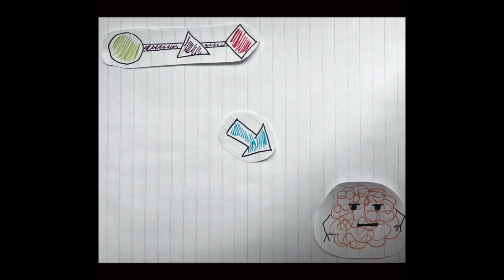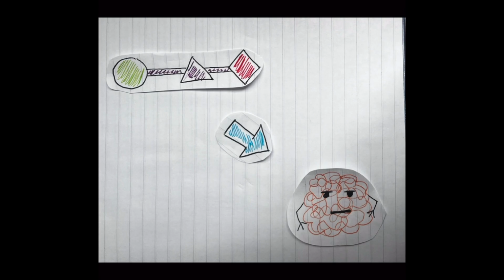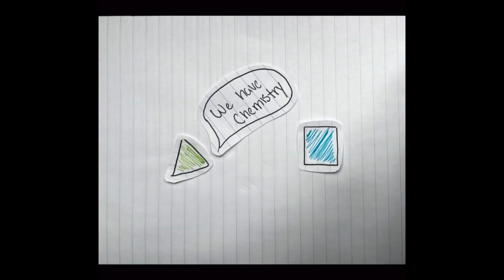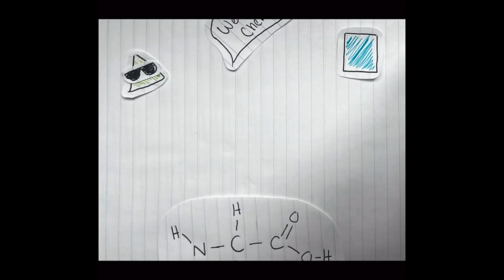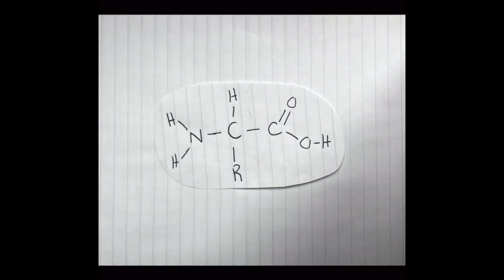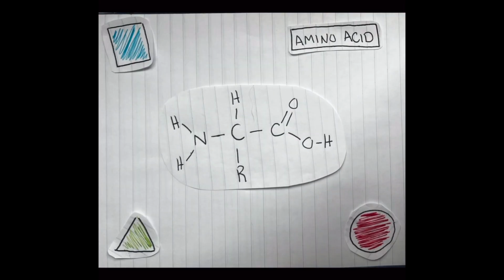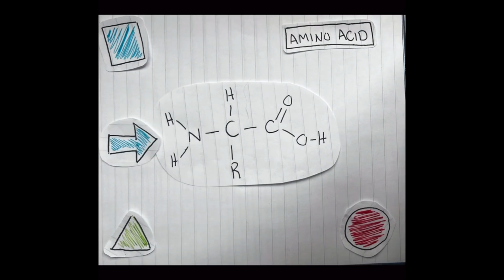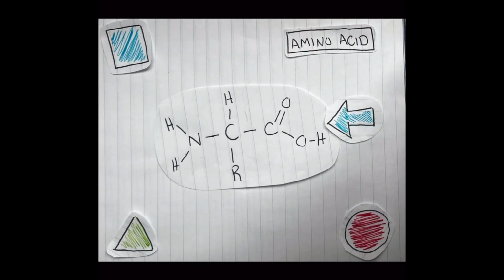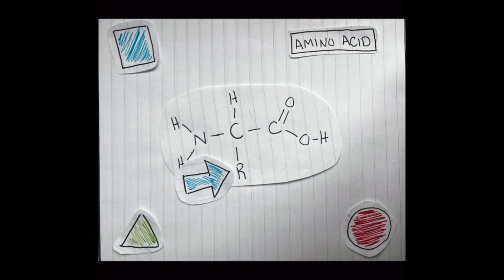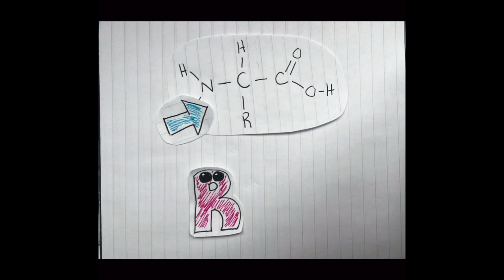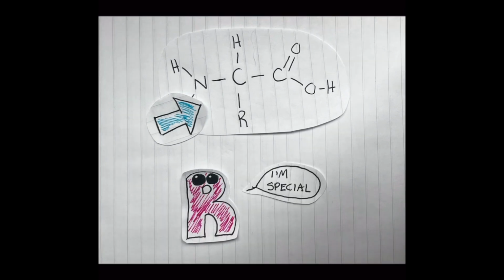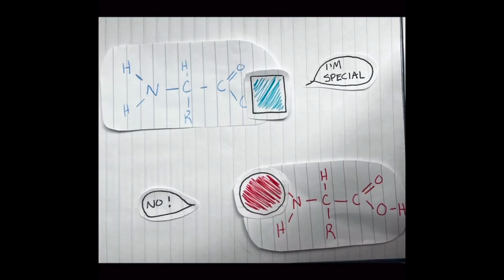Restating, amino acids are linked together to create proteins. In order to create the bonds, amino acids must be able to chemically interact with each other. First, let's look at the structure of an amino acid. Every amino acid has the same basic structure. There is a central carbon bonded to an amine and a carboxyl. The center carbon also has a hydrogen and an R group. The R group is what makes each amino acid unique. The only factor that changes among each amino acid is the R group. Everything else remains the same. This uniform structure allows the amino acids to interact with each other.